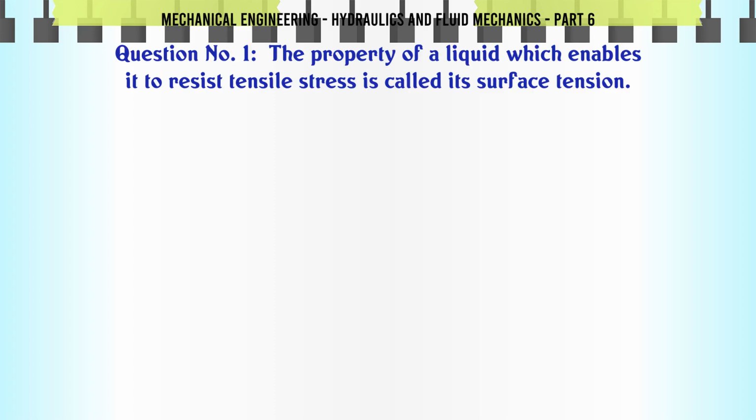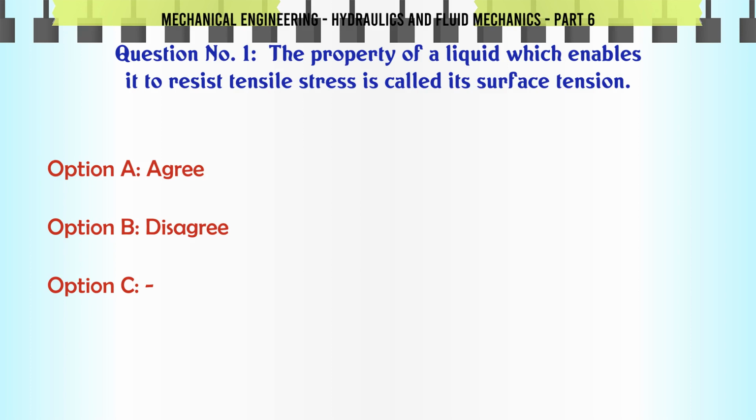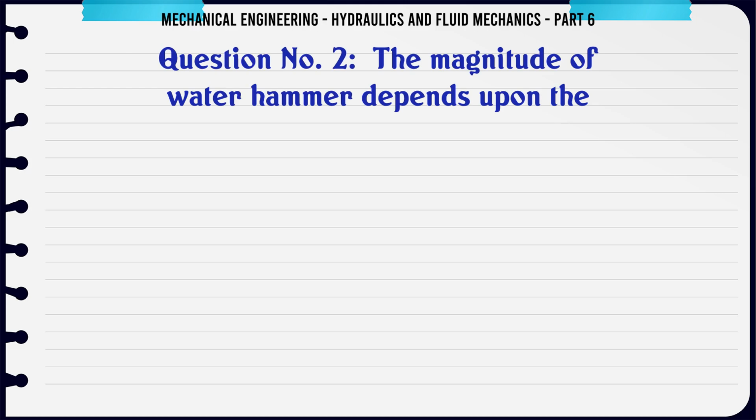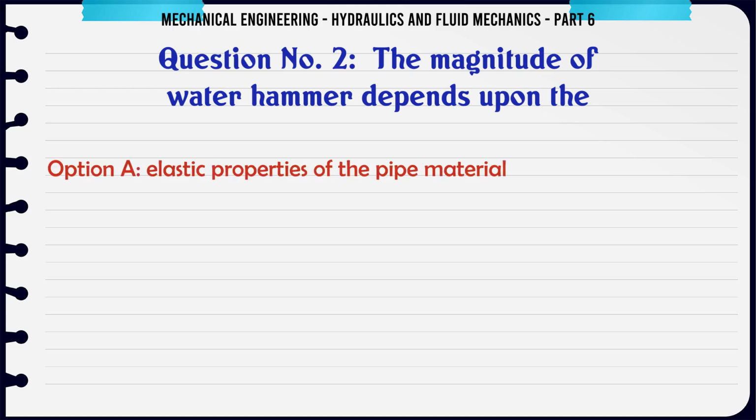The property of a liquid which enables it to resist tensile stress is called its surface tension. A. Agree. B. Disagree. C. D. The correct answer is agree. The magnitude of water hammer depends upon the